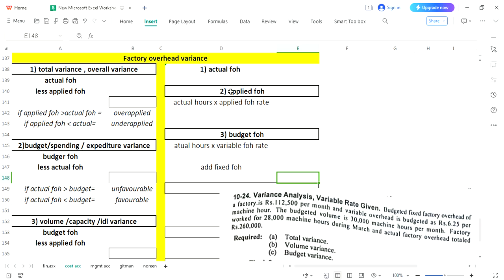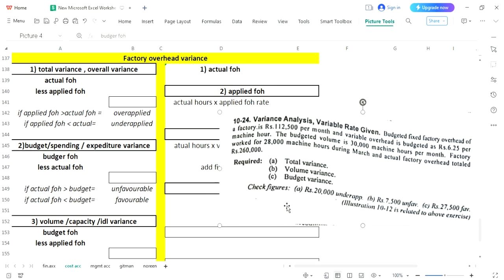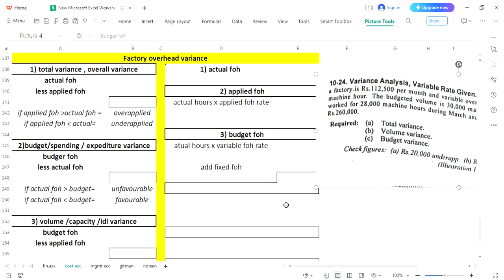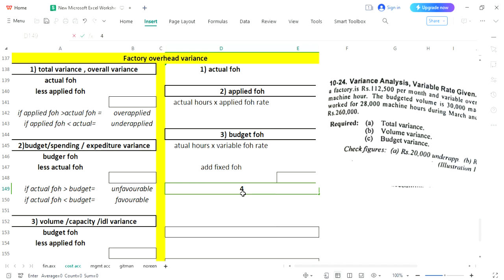These are supporting statements without which you will not be able to calculate any of the variance present over here. You can see you must have actual FH, you must have applied FH, which would be calculated over here. You must have your budget FH, which would be calculated from number 3. But in a similar way, the above 3 calculations would not be completed until we have the fourth calculation, and that fourth calculation is FOH,